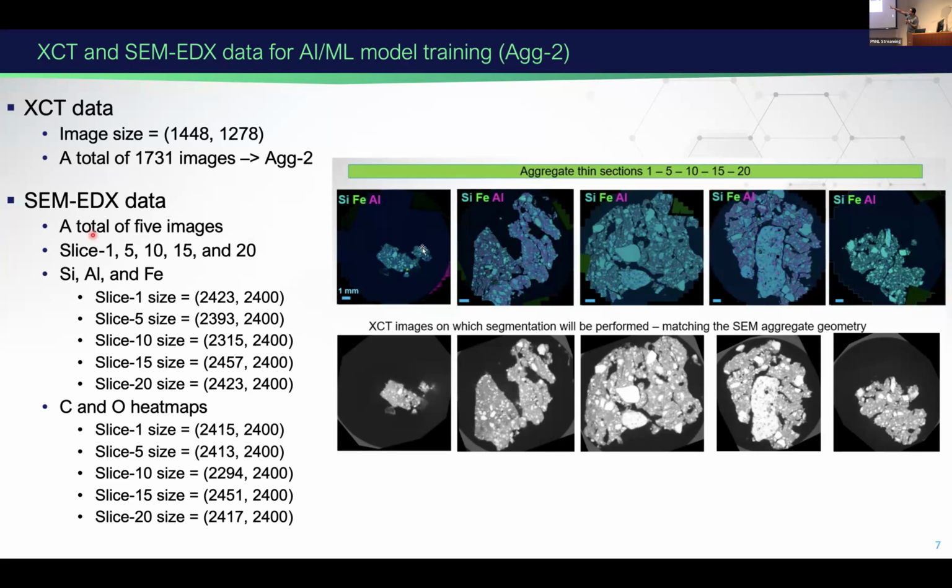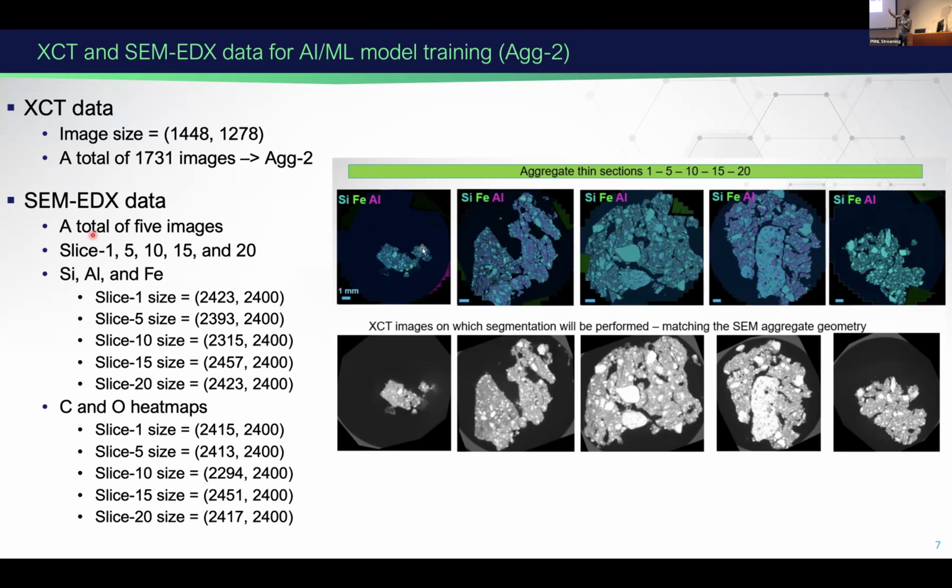So what are the challenges when we are trying to curate this data set? So XCT is a stack of more than a simple aggregate, a first set of aggregate. You have more than 1,700 images, and each of these images is more than 1 million pixels. So a stack itself is more than 1 billion pixels. And if you want to resolve it at that scale, that's almost 2 billion mesh cells for PFLOTRAN. And you need to do this for hundreds and thousands of these aggregates as you're collecting more and more experimental